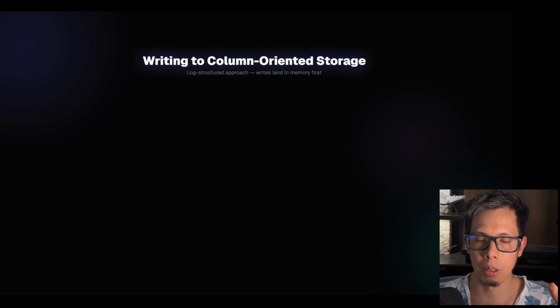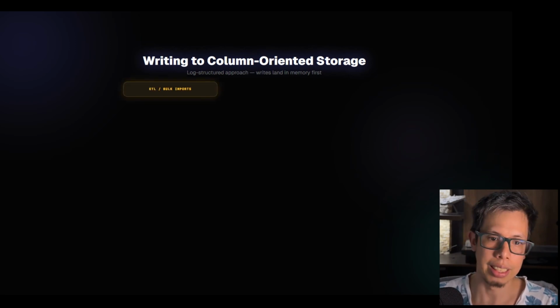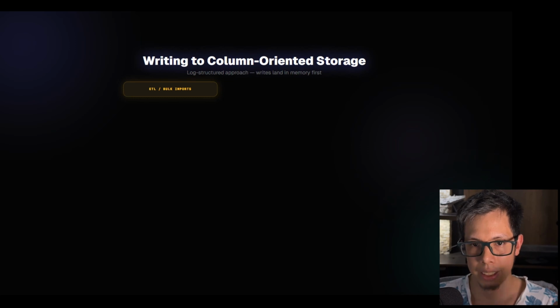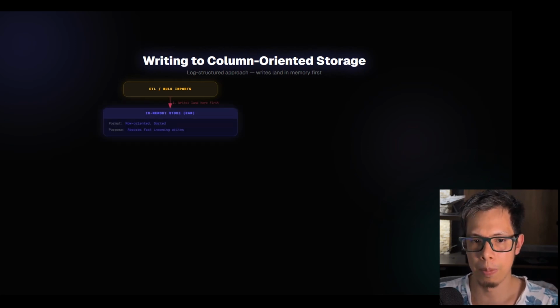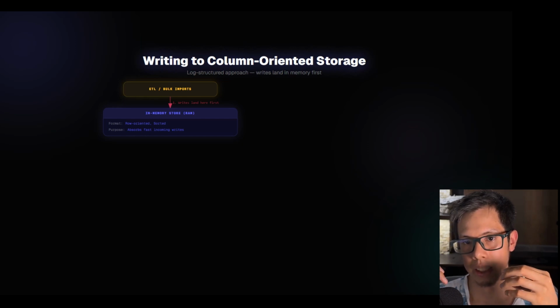The idea is that when you receive the data from the ETL, that is, extract, transform, and load the data, first the data comes from there, and then it is loaded into memory, the RAM, because it will be faster. You need to store it, and first you accumulate a number of rows there, and when you reach a certain size, you will finally store it in the